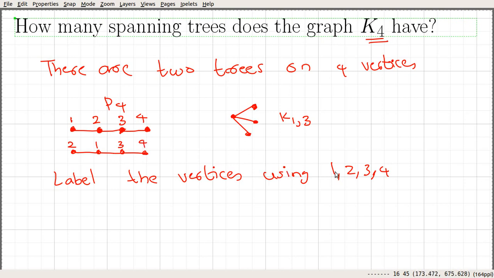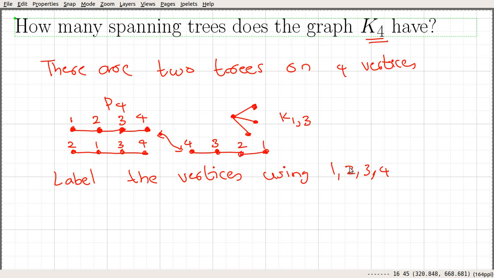So here we can see that in total the number of orderings of these 4 labels will be 4 factorial, which is equal to 24. But the thing is that if you look into this path graph, we can see that this path graph and this path graph, if I label these vertices 4, 3, 2, 1, these 2 path graphs are exactly the same.